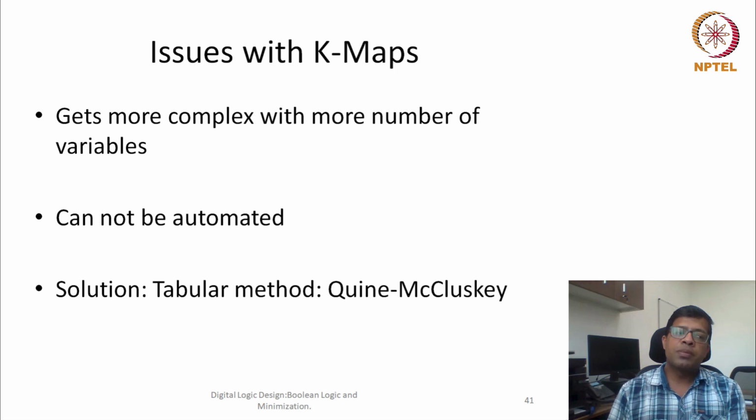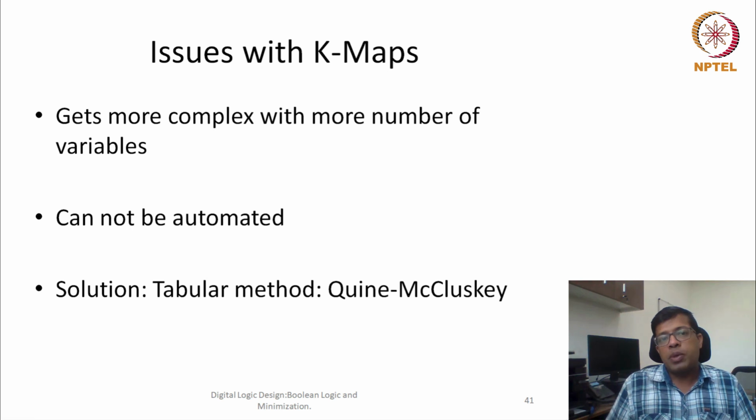Another issue is that when you are using K-maps and you would like to create a computer program which can help you in optimizing, it would be difficult and would take more time. It would take more lines of code to combine the terms and identify which one is important and which one is, let's say, a prime implicant. So there has to be some other method which can help us in automating, and which can be effective for whatever number of variables there are.